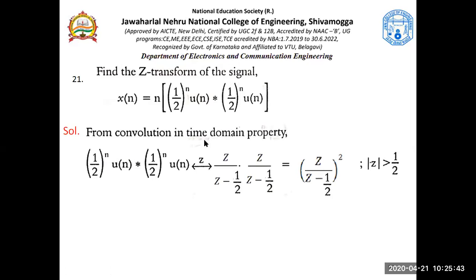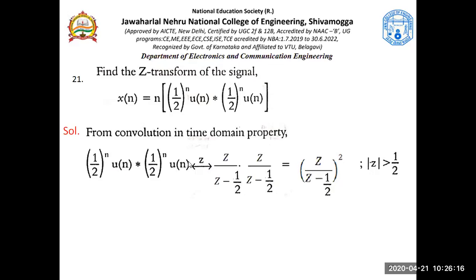The Z transform is applied on this part, and this is a positive time exponential, and this is the same signal. The same signal is being convolved. So this convolution operator would now become a multiplication operator. Z by Z minus half is the Z transform of this, so that needs to be multiplied because this is becoming multiplication. So the whole thing would look like Z by Z minus half, whole square.